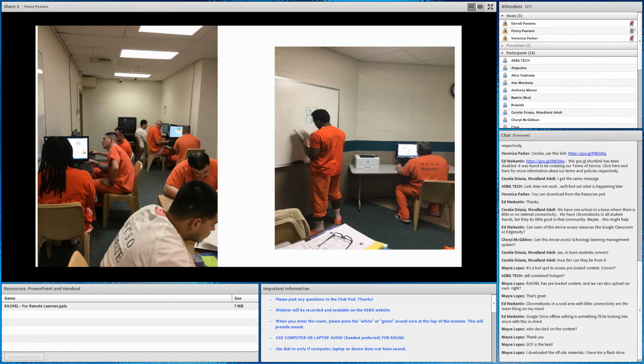So this is an idea of her learners. They were engaged. She had, for the first time, difficulty with when the class ended. And anybody who works in a jail system knows that that time is highly controlled. And so she just showed how they were working both on computers and on devices. Now keep in mind, those computers you see on this screen are not connected to the Wild West internet. They are connected to the Rachel device, and they have access to all the material that's on it.